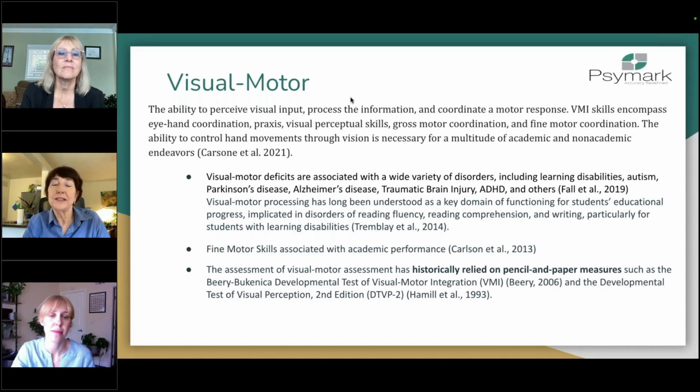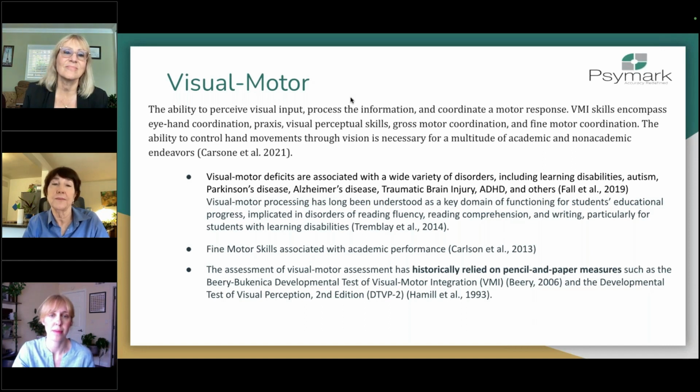So there is a great deal of research in visual motor. Carson in 2021 gave this description as the ability to perceive visual input, process the information, and coordinate a motor response using eye-hand coordination, praxis, visual motor skills, gross motor coordination, and fine motor. It is that ability to control hand movements through vision, and it's necessary for lots of different activities, both academic